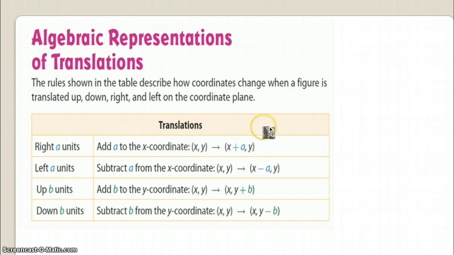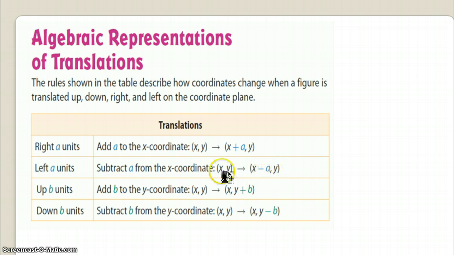So just like the arrow right here says, if you're going right, then it's going to be X plus some number, comma Y. And it says if you're going left so many units, then you subtract that number from your X coordinates, right? And so that means you'll have X minus some number,